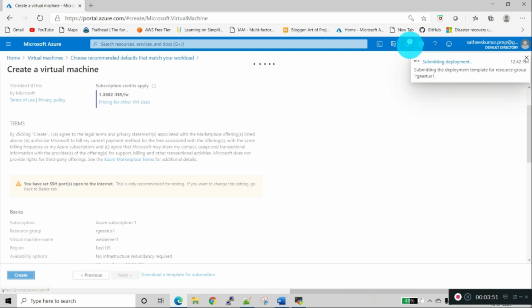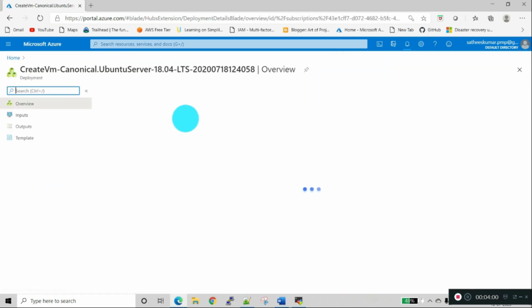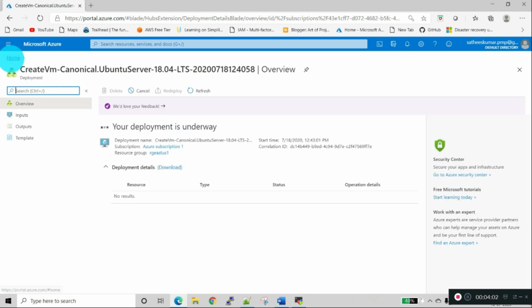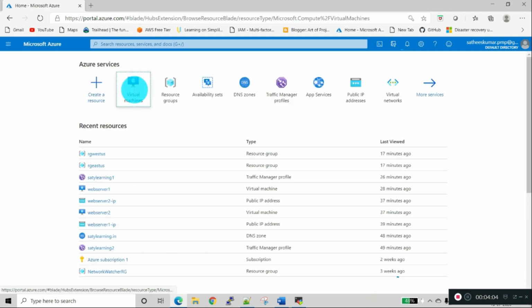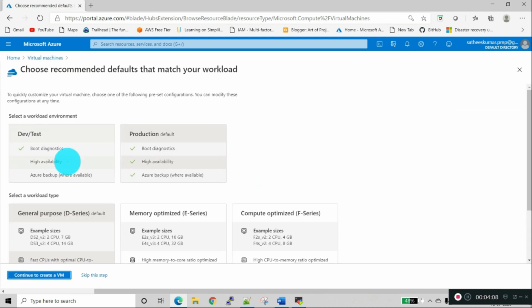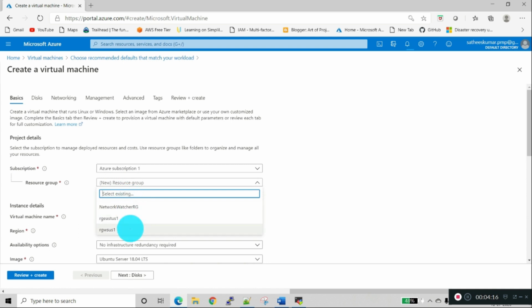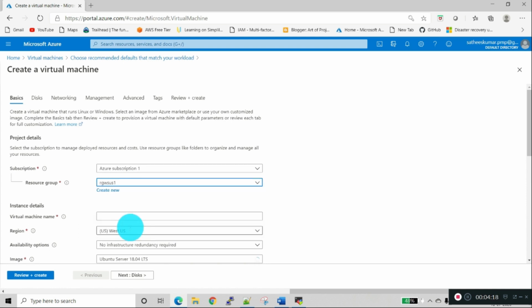Initially it's in deployment. In the meantime, we will go and create virtual machine 2. Dev and test general purpose, create a virtual machine. I am selecting resource group 2, that is in the West US.